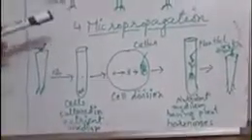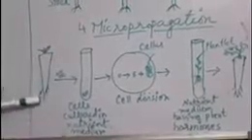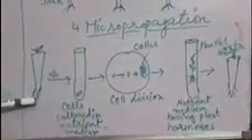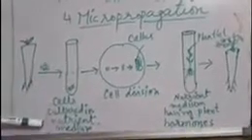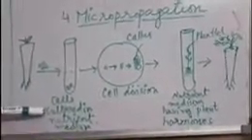Now we will discuss micro-propagation. It is the propagation of plants by the tissue culture technique. So for this, we will take a small part of a plant, usually the root tip, it can be a shoot tip or even a bud can be taken. Here we have taken the root tip. This part is known as the explant, and this will be put in cell culture in nutrient medium.